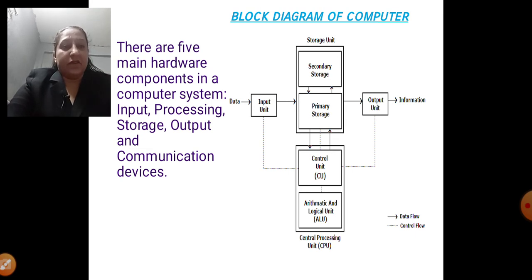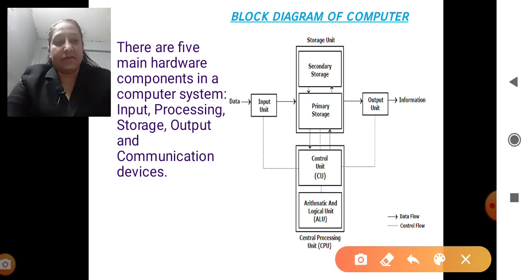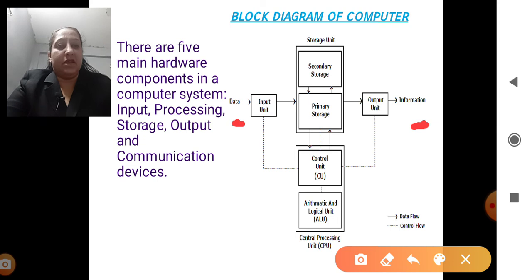As you can see, it is starting from data. Right now what we discussed, before the input unit, you can see outside it is written data. So we will begin with the data, and at last on the right side you can see it is information. See here, we start with data and at last we get the processed output. That is what we were discussing earlier. We as users will give the data to the computer and at last the output device will give you the processed output.